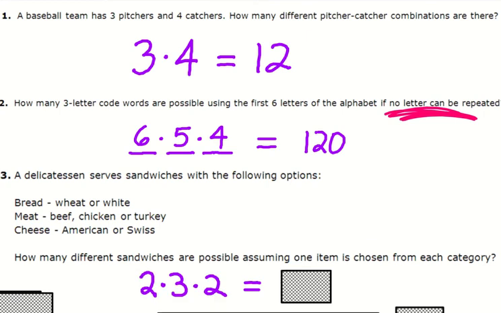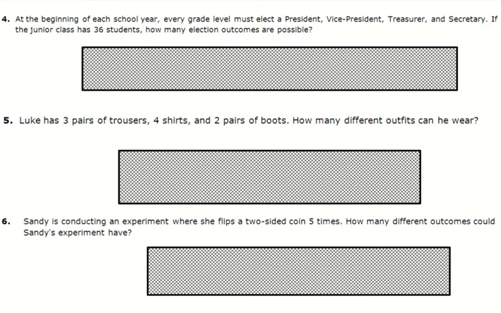Number 3, it's 2 times 3 times 2, because there was 2 ways you could have picked a bread, and then 3 options to pick the meat, and then 2 ways to pick the cheese. So picking 1 bread, 1 meat, 1 cheese, 12 total ways. Number 4,